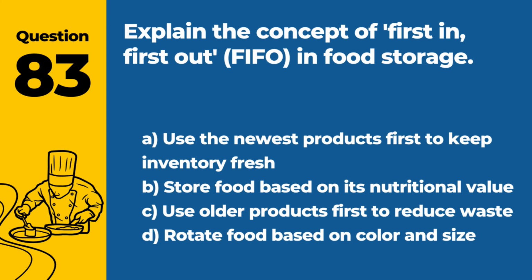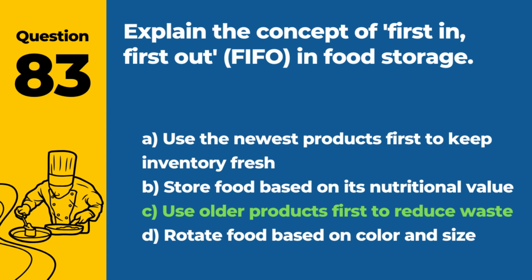A. Use the newest products first to keep inventory fresh. B. Store food based on its nutritional value. C. Use older products first to reduce waste. D. Rotate food based on color and size. Answer: C. Use older products first to reduce waste. The first in, first out, FIFO concept means using older products first before newer ones to minimize waste and ensure